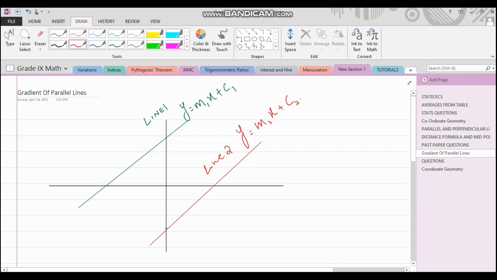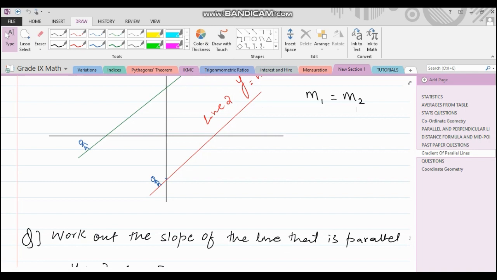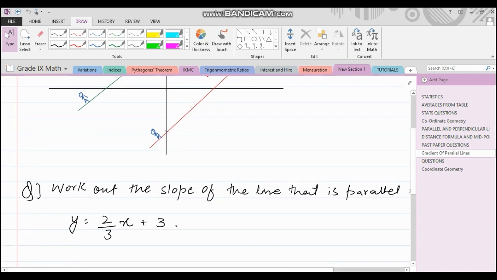Since they are parallel, imagine you climbing on a ramp that has equal slope. So it would take the same amount of effort to get up to line 1 as it would take to get up to line 2, meaning that their slopes are the same. So from here we could draw a conclusion that parallel lines have the same slope. I could say m1 is equivalent to m2. That is the condition that we use for parallel lines. Let's take another angle of these and see how you guys can use this concept to solve questions.